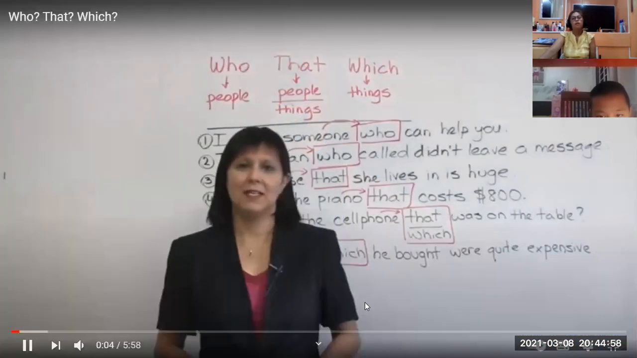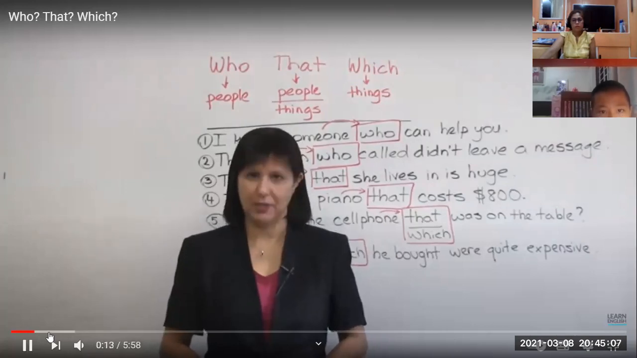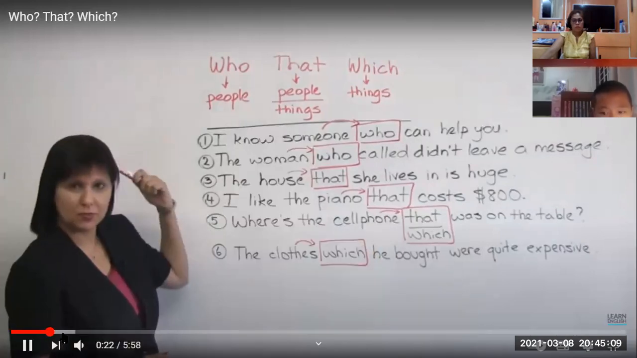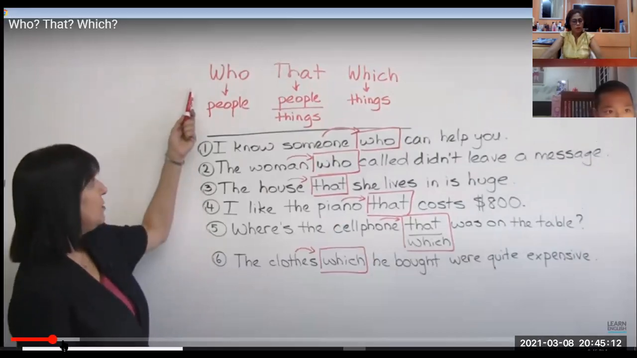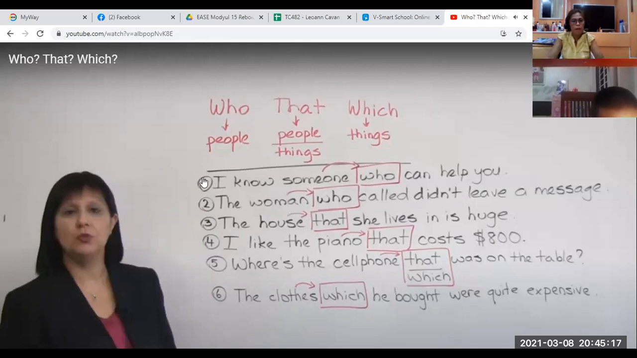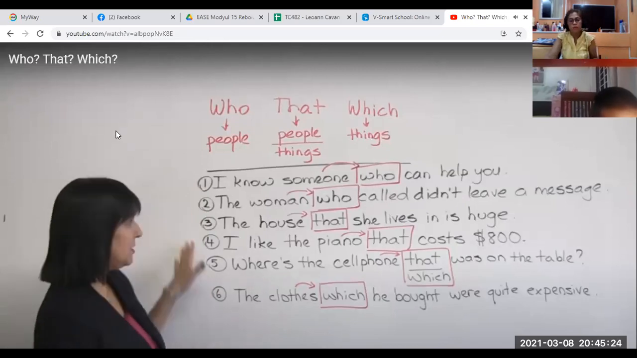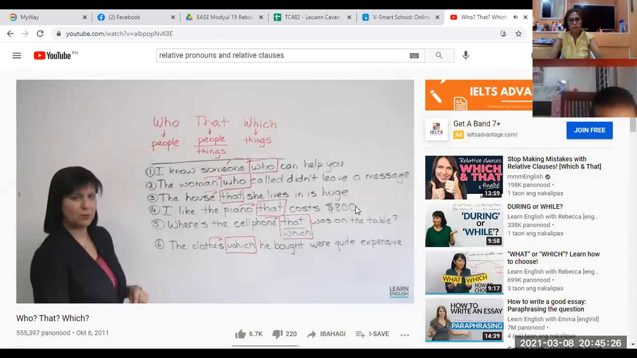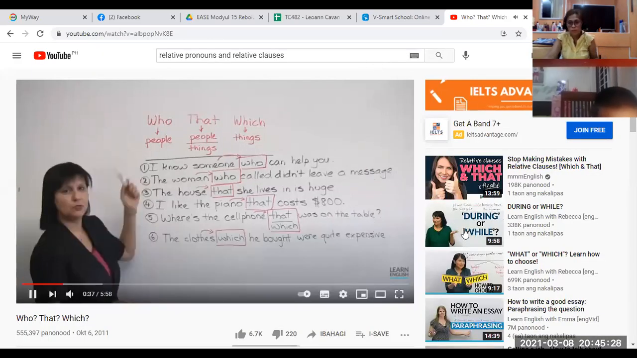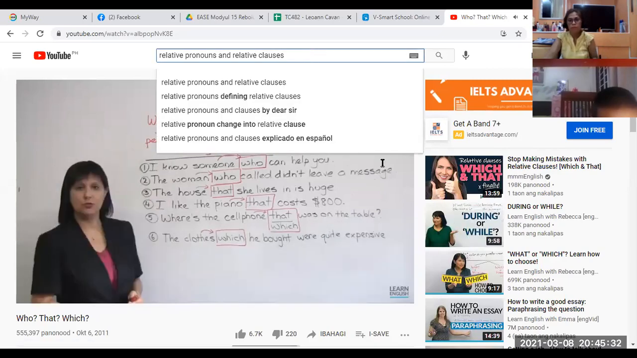Hi, my name is Rebecca, and in today's lesson we're going to talk about 3 commonly confused words in English. They are who, that, and which. The point to remember is when we use who, we should use it to refer to people. That's how you should be using the word who. We're going to look at some examples in sentences as well. But remember for now, who is used to refer to people. That is used to refer